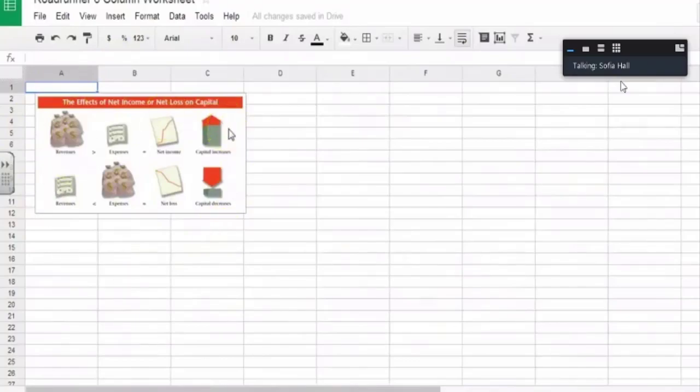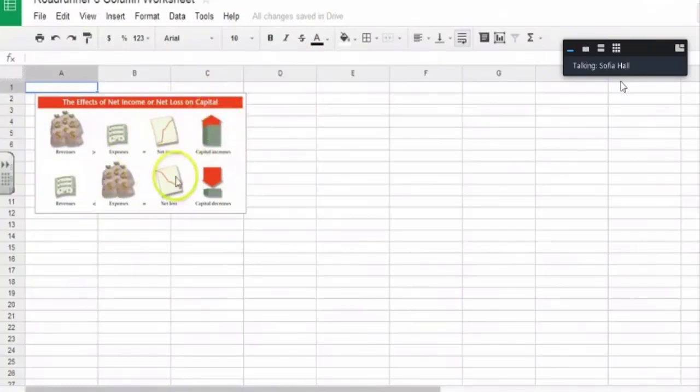Basically, we said that net income is revenue minus our expenses, okay? Revenue and expenses are typically temporary accounts, right? During the month, we consider them to be temporary. Well, at the end of an accounting cycle, we transfer those over to our capital, okay? So our net income is increasing our claim in the business. So we are increasing our capital. Since our revenue is greater than our expenses and we have net income, it's increasing our capital.